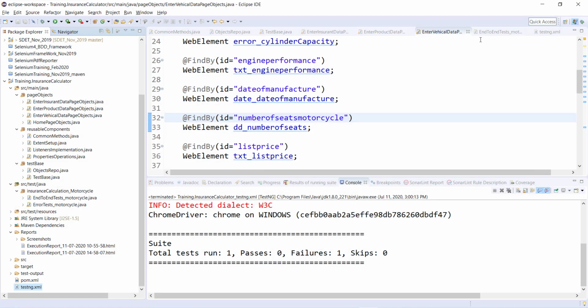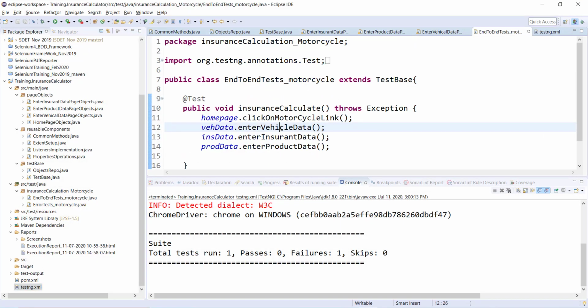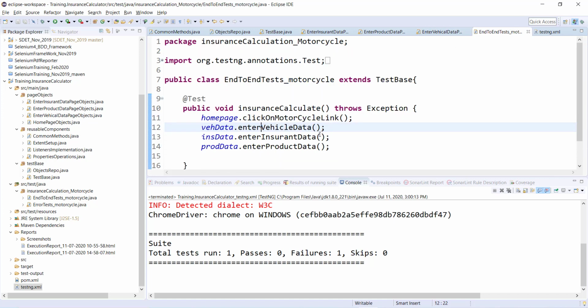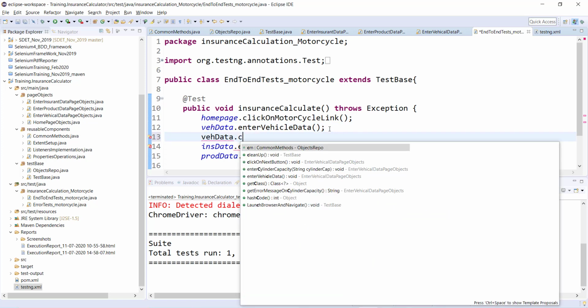Let me go into the test. Okay, and first let me update, and under this it should be, where under this 444, let me make it, let's say, 600. Okay, and in my actual test case, once I fill the vehicle data, what I should do is click on next button. That is what I forgot.